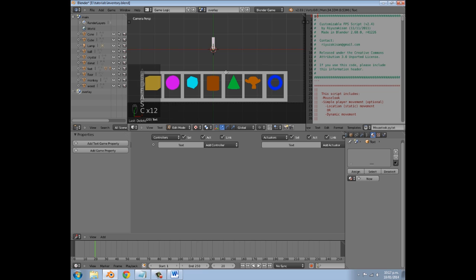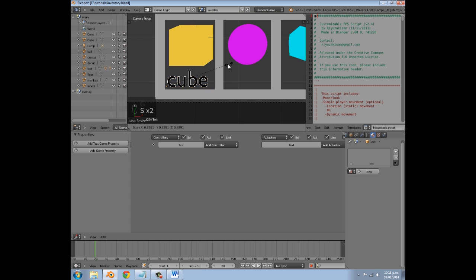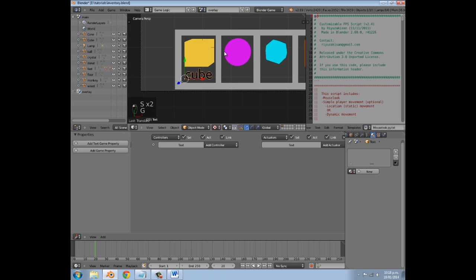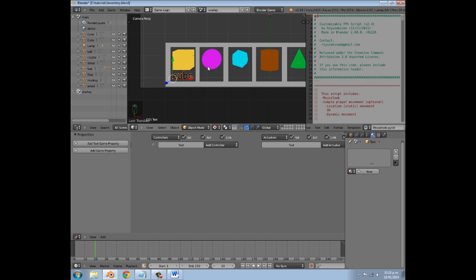So we're going to type cube for the first one, just giving it names again. Cube, there we go, and press S to scale, and you just want to get it fitting in the box, but you want it, yeah, something like that. Then we're going to press Shift D, G, X, and this one's going to be called ball, there we go,